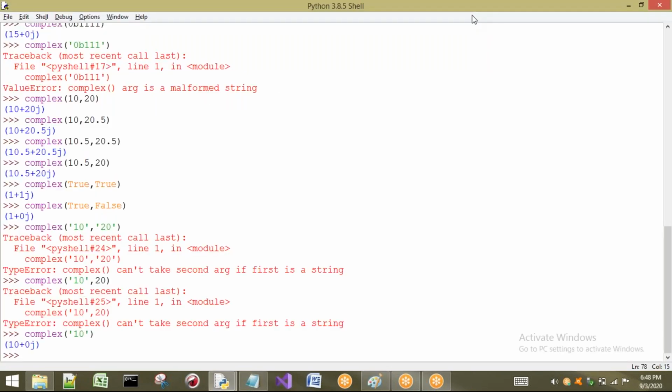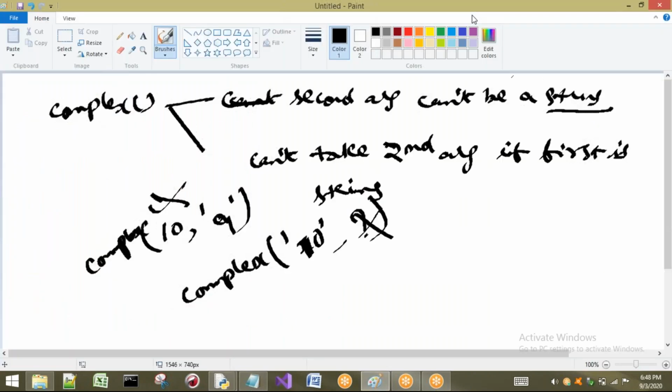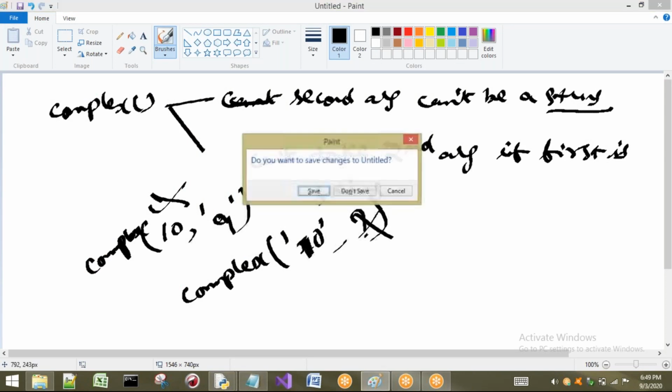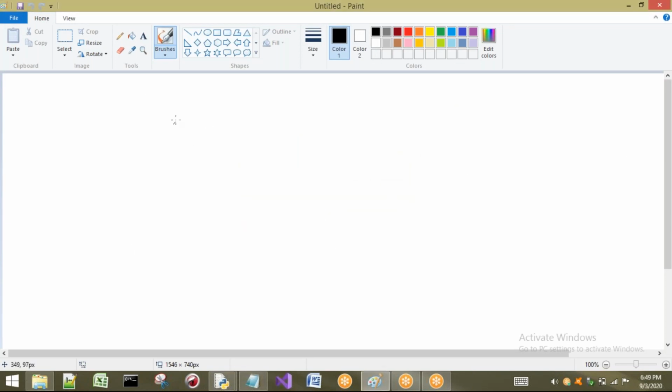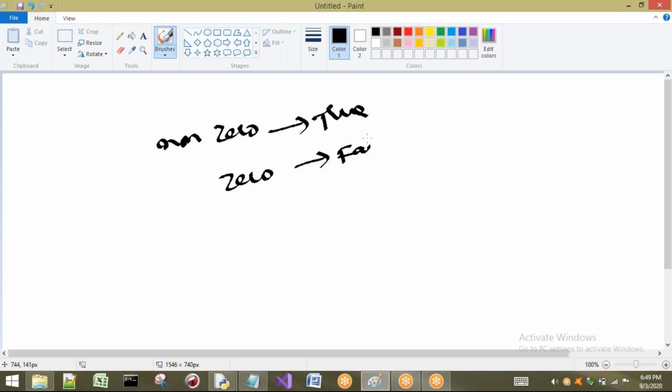Now I'm going for bool type. It is very easy. Only one thing we have to remember about bool type. If we consider int type, a non-zero value will give you the result true. If 0, it results in false.